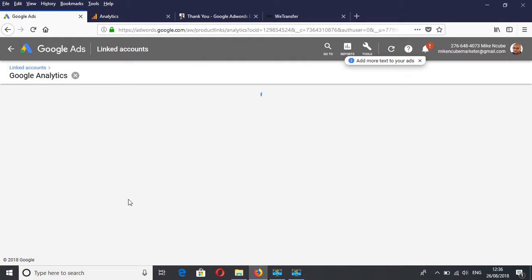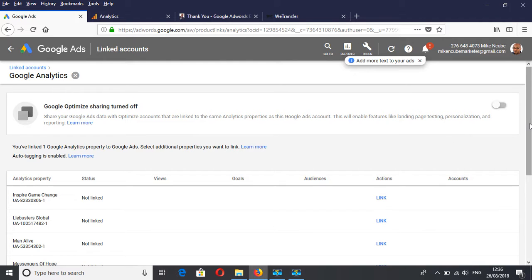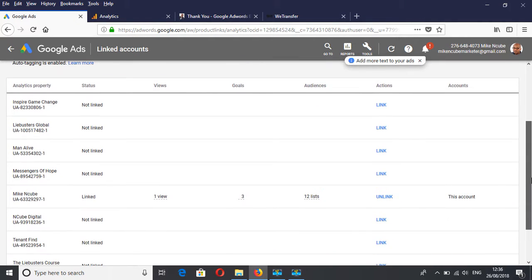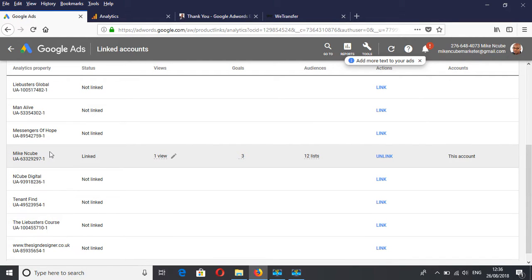This is important because when you've set up the goal tracking in analytics, you need to then go into AdWords and import those goals and just make sure they're linked in there. So that's an important part of the setup. So if we come in here, we can see the various analytics properties that are available, and mine is right there. So all linked, even shows you audiences and the goals that are in the account. So once everything is linked up, then we can move on to the next stage of actually setting up a goal and then importing it into AdWords, and we'll cover that in the next